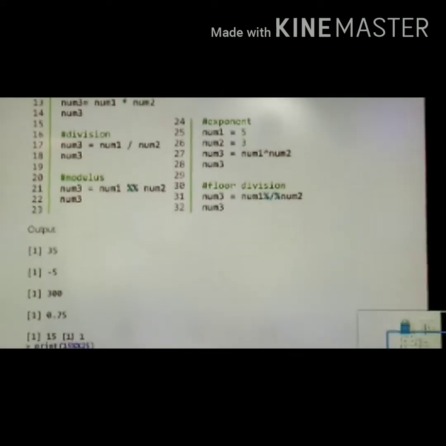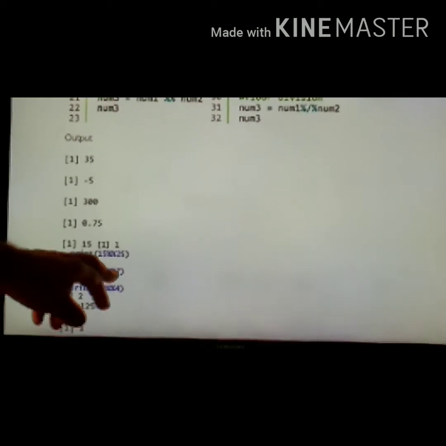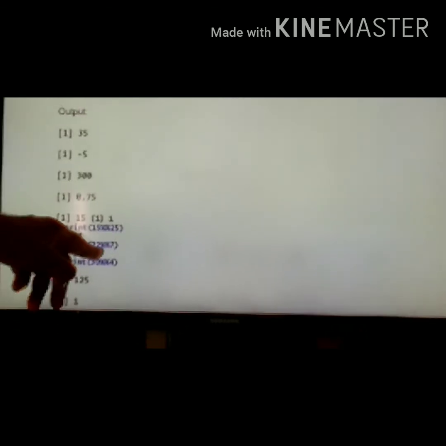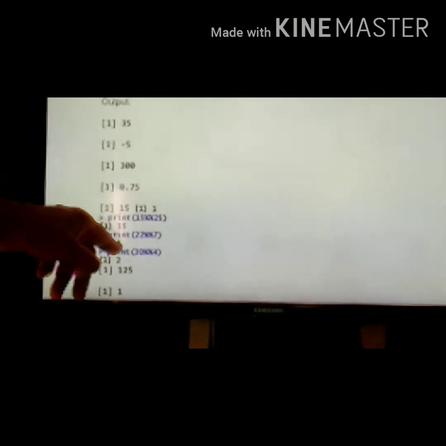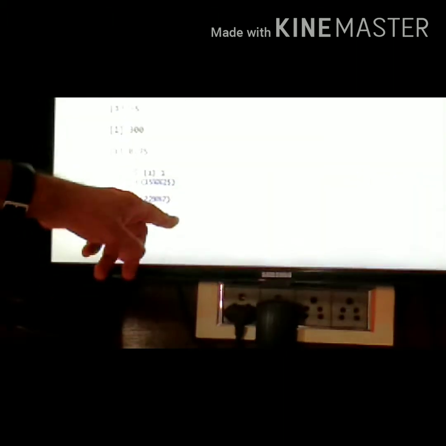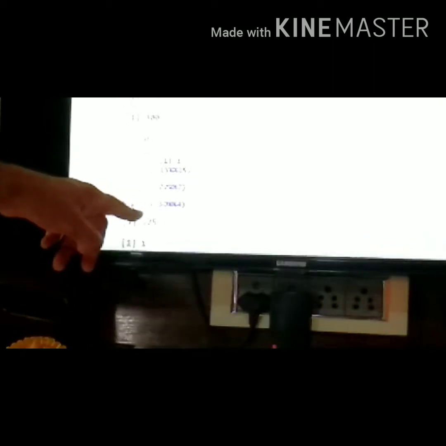See, suppose 22 %% 7. What is the remainder? The remainder is 1. That is the remainder value, and that is the meaning of modulo division. And 30 %% 4: what is the modulo division of 30 by 4? What is the remainder value? 2.